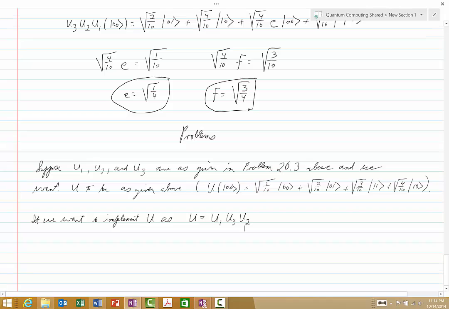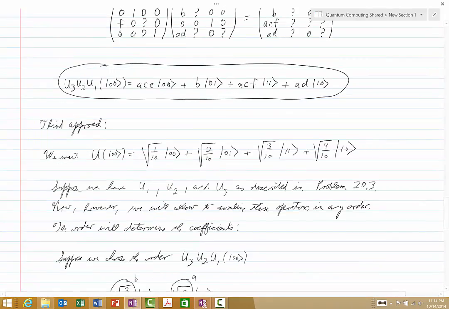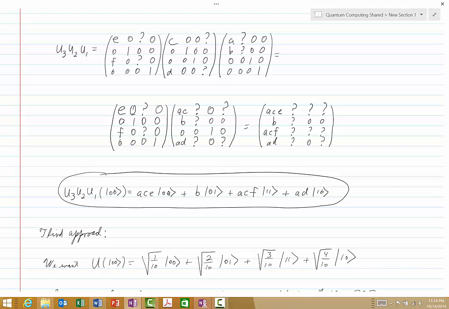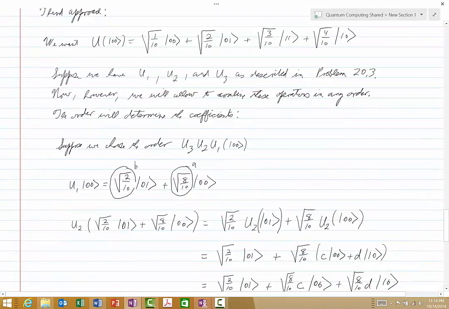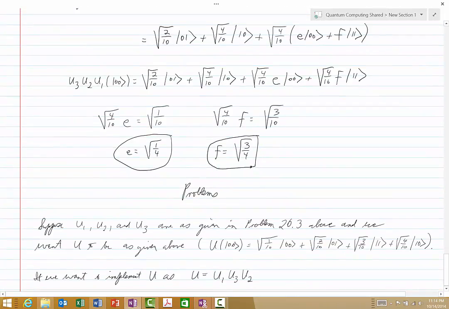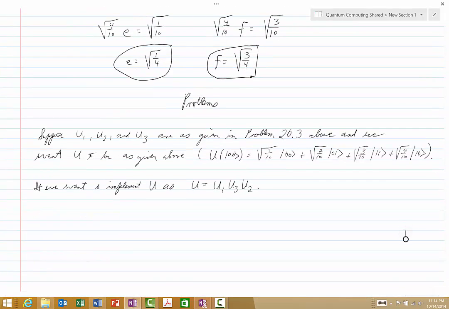Now keep in mind, above we have U3, U2, U1, that's the expression for U. But now we're going to have U equal to U1, U3, U2. If we want to implement U as U equals U1, U3, U2, find